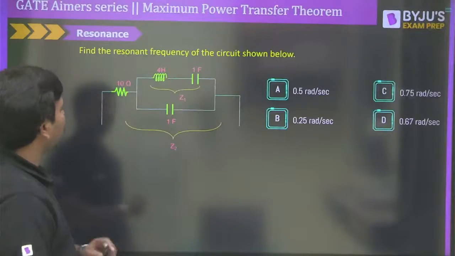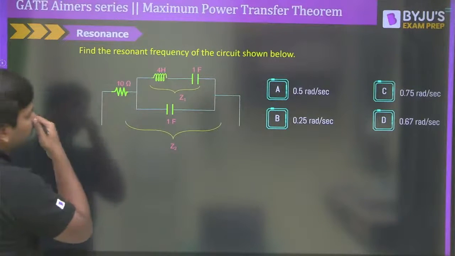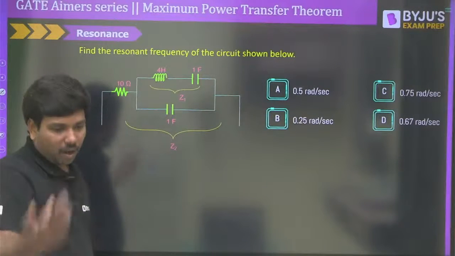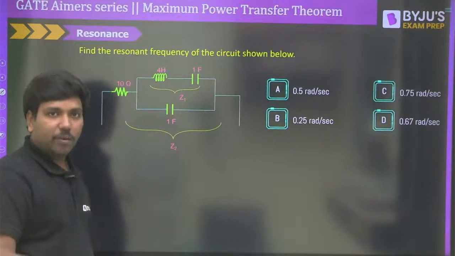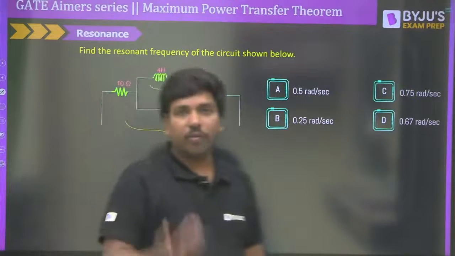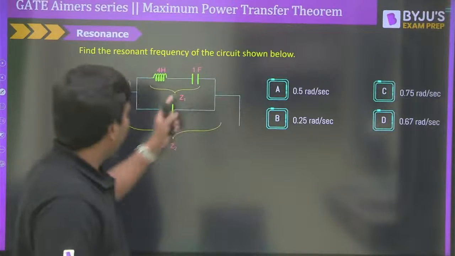Now, let me show one question, because Premit have already asked about this calculation of resonant frequency and quality factor. Quality factor I have explained how to do in both series RLC circuit and parallel RLC circuit, but the formula and the method that I have given is universal for every question. Clear? Now come back to this one.